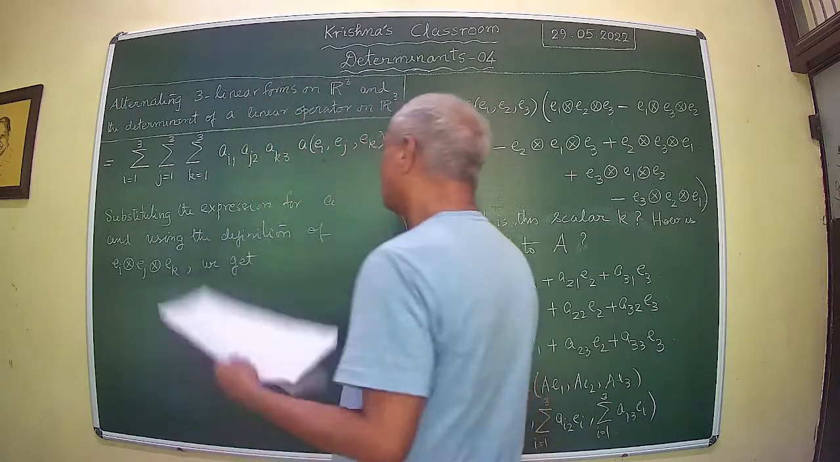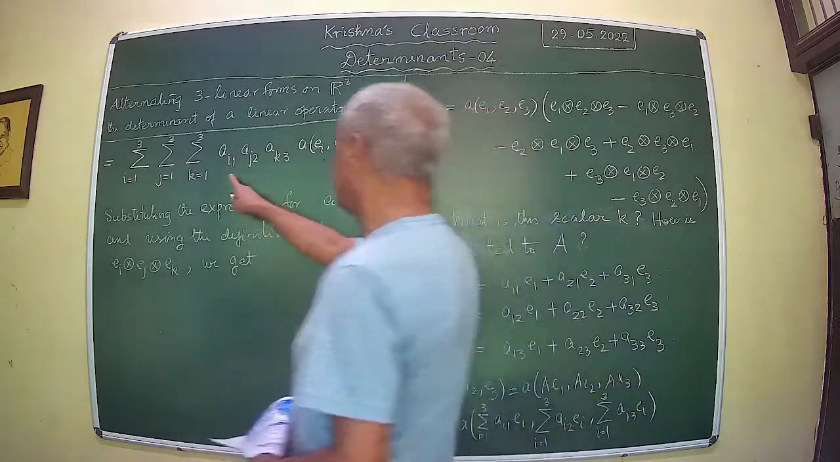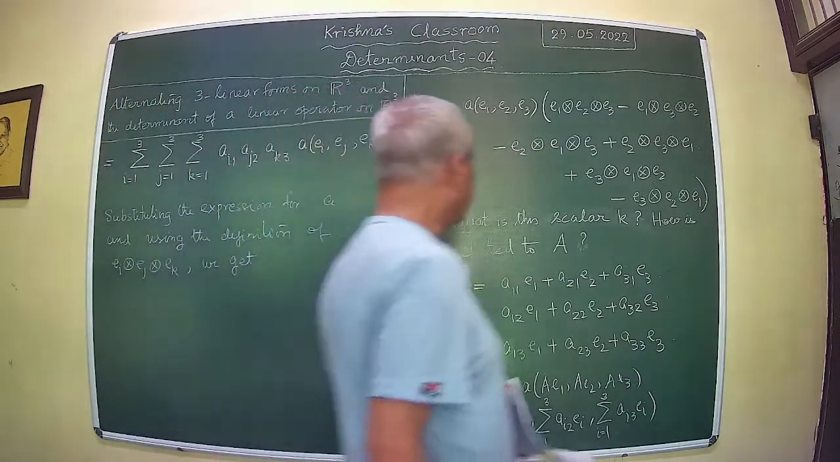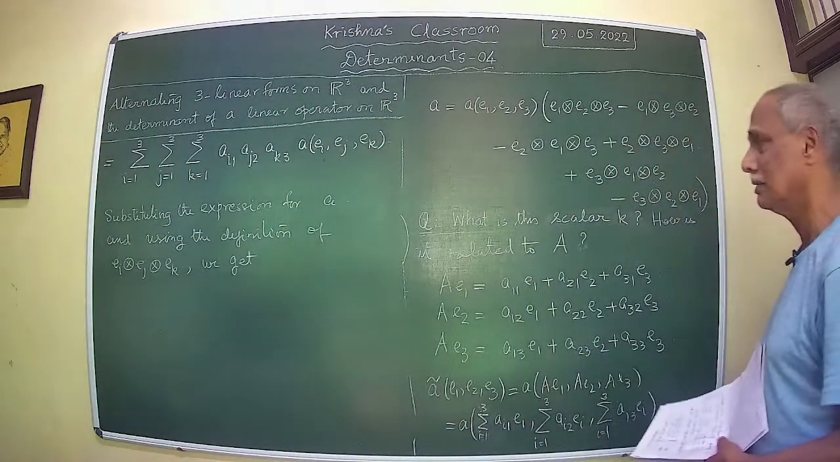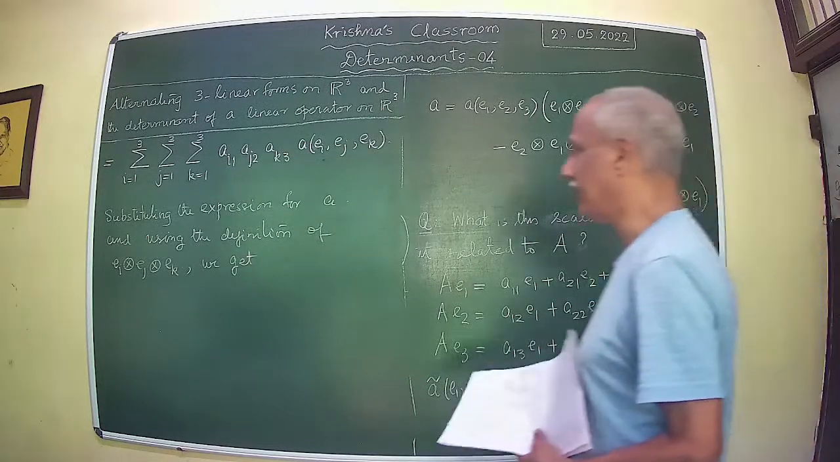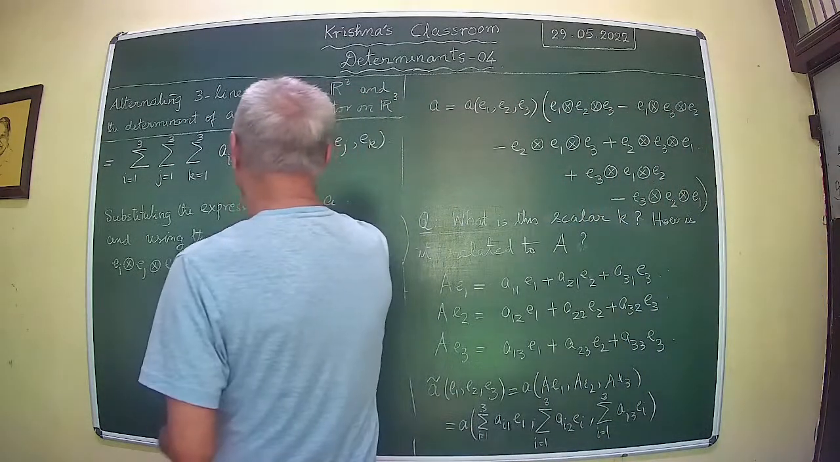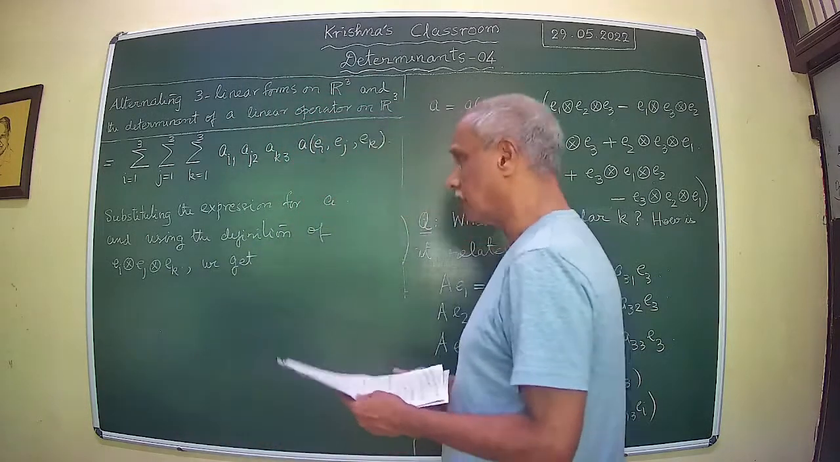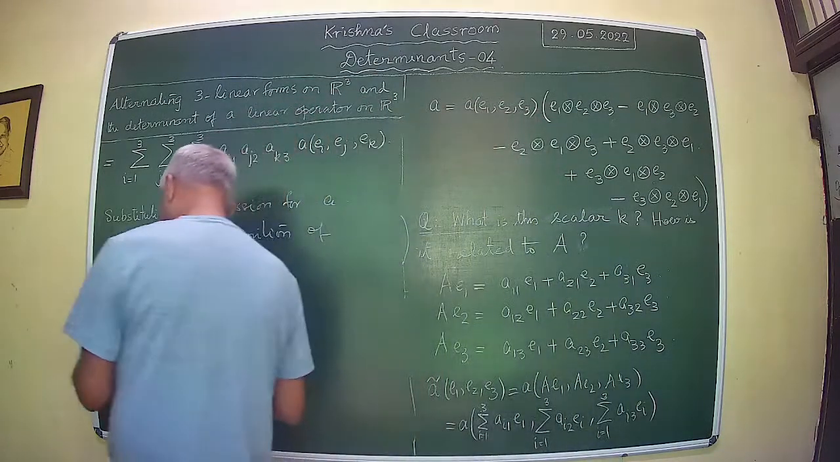So you are left with a sum involving i, j, k, with appropriate signs, i not equal to j, j not equal to k, and i not equal to k. They cannot be equal. Therefore, this will reduce to what is called